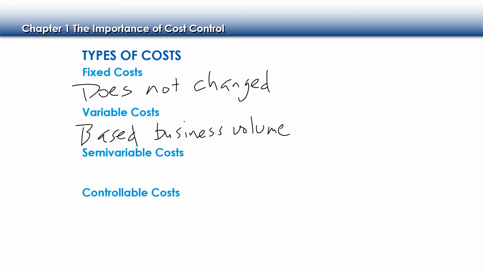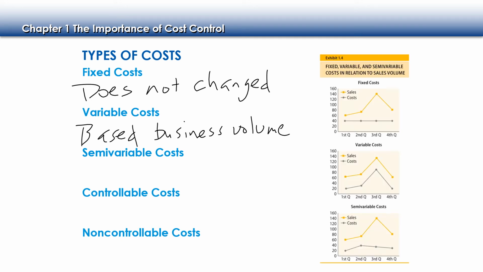We also have another category called controllable and non-controllable. So let's take a look at a couple of different types of costs and put them into categories. So here, with this first chart of fixed cost, the top one shows that as our sales is increasing and decreasing, as our sales fluctuate, our fixed costs remain the same, okay? Our fixed cost remains the same at 40. Now that is going to include things like our salaries and our rent on our building,